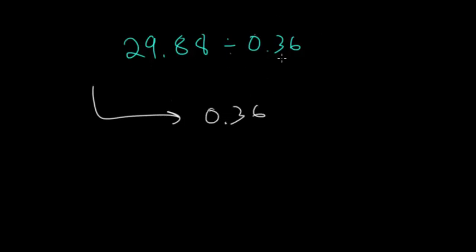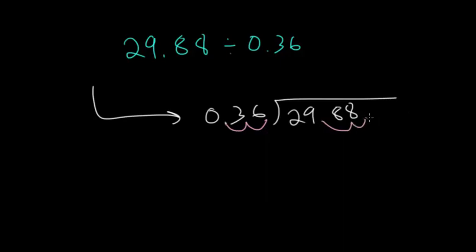Let's do 29.88 divided by 0.36. So to start this problem, I'm just going to rewrite it using the long division method. So we put 0.36, the number we're dividing by, on the outside. And 29.88, the number we're dividing into, goes on the inside. Now, we don't want to divide by a decimal. We want to divide by a whole number. So we're going to move this decimal place twice. And likewise, with this number on the inside, we have to move this one twice as well. So it goes past this second 8, and this one will just become a whole number,